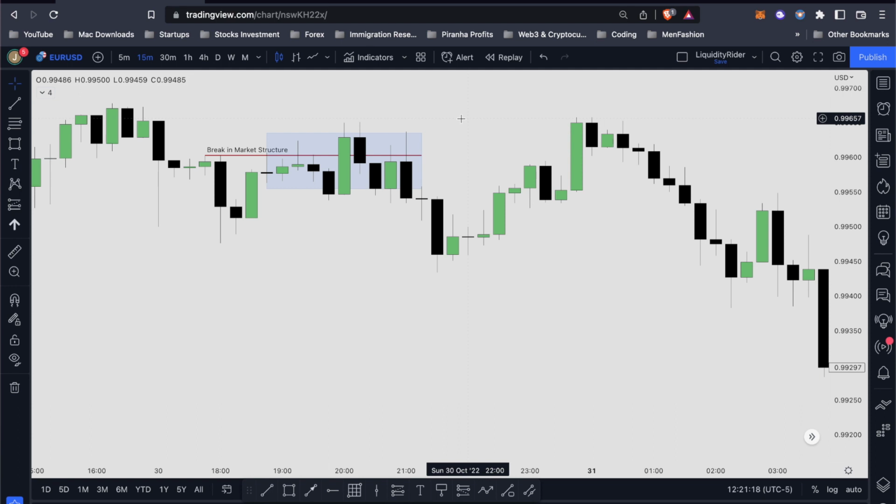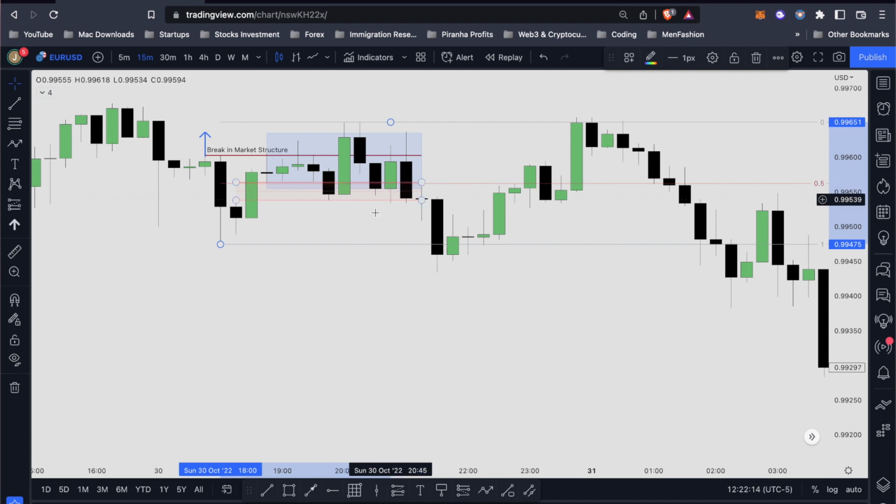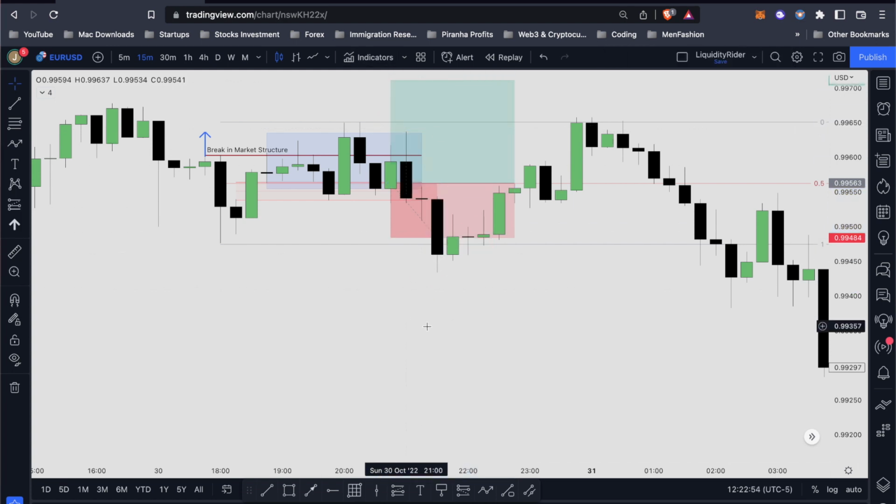That's the first thing. Second of all, it doesn't really cover much distance above the structure. Even though we have our fair value gap right over here and the price actually came back to our discount level, since this is a very low probability displacement, if you have taken this trade, it will be a stop out. By identifying the correct and high probability displacement, not only will we avoid losses like these, but at the same time it will increase our win rate significantly.